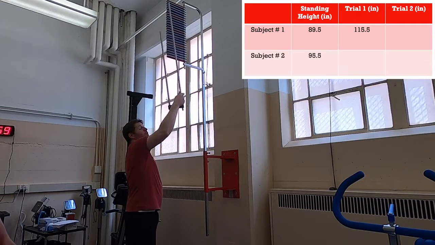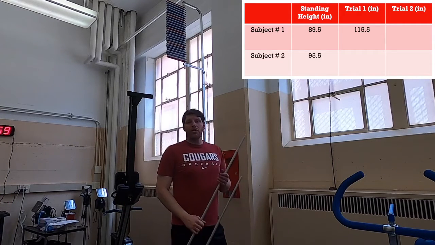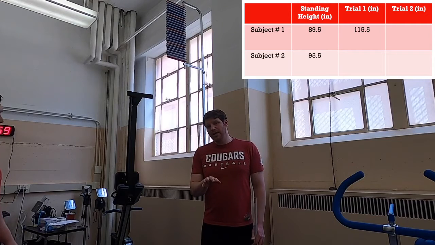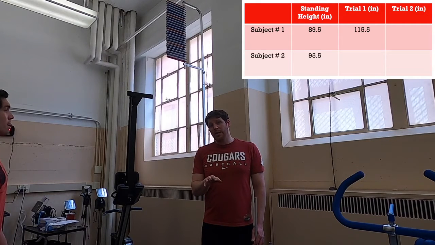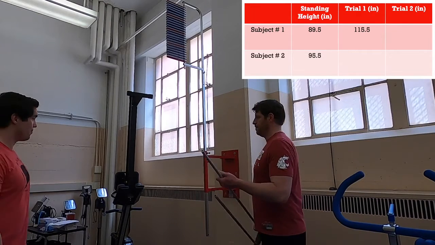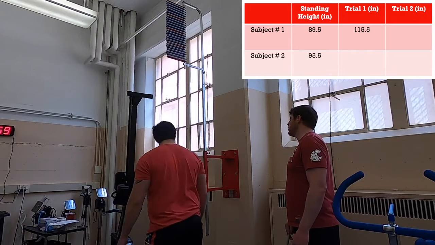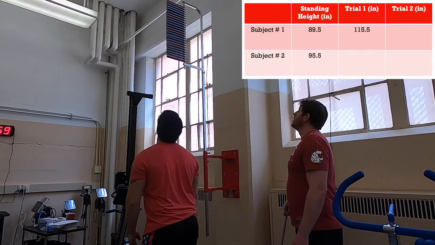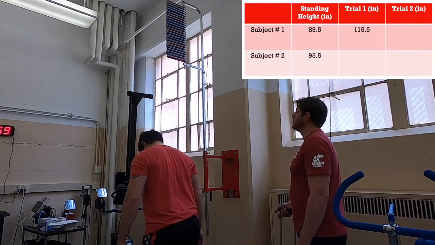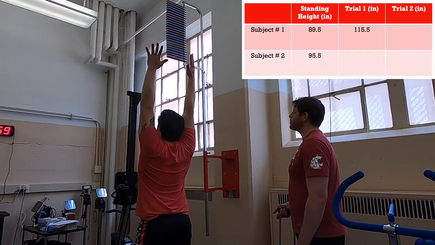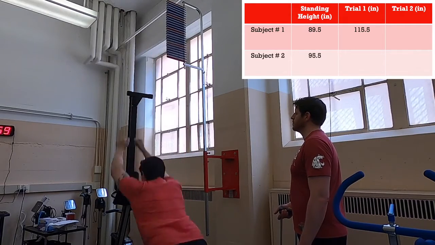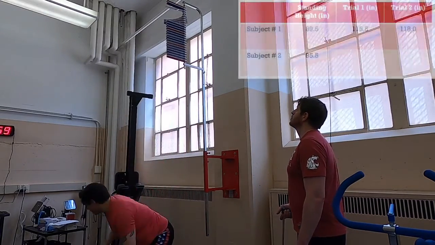Now that's not his vertical. To find out the vertical, you would need to take the jump height and subtract it by the standing height, and that's how you determine what the vertical jump is. Yep. What did we say it was? 115.5? 20. Wow, that's